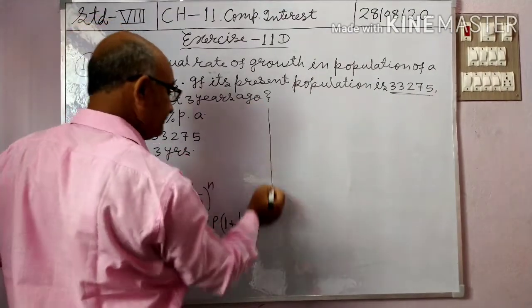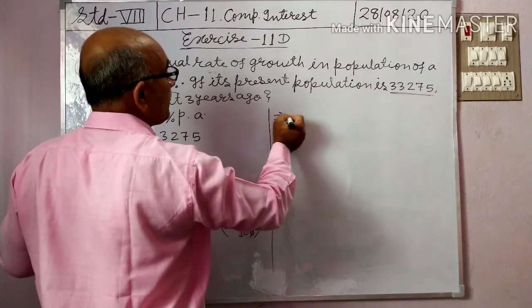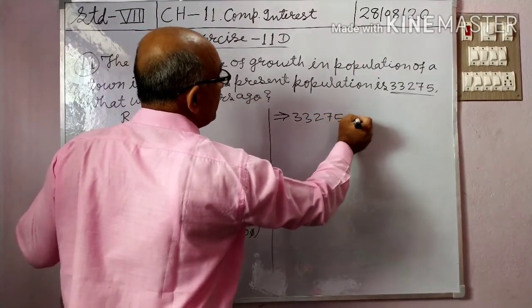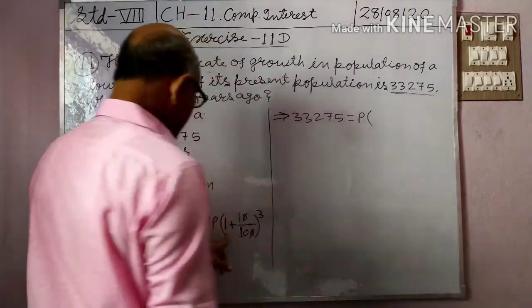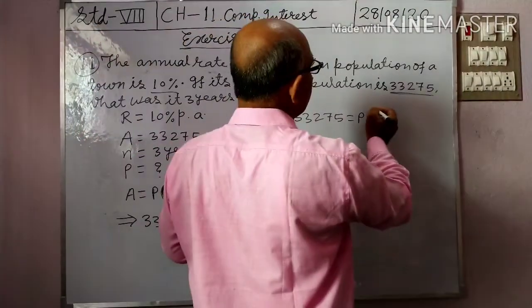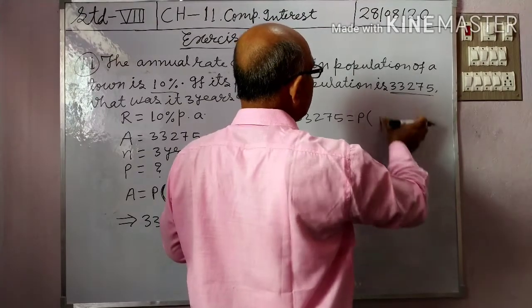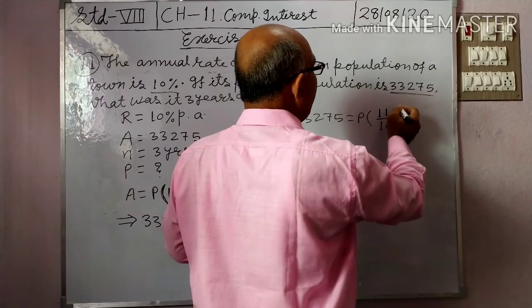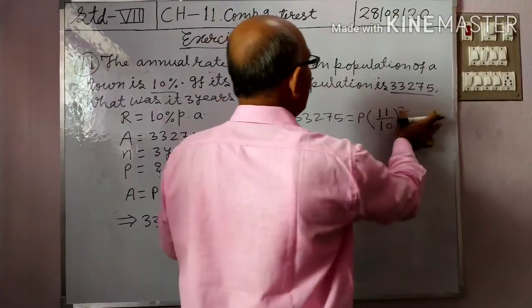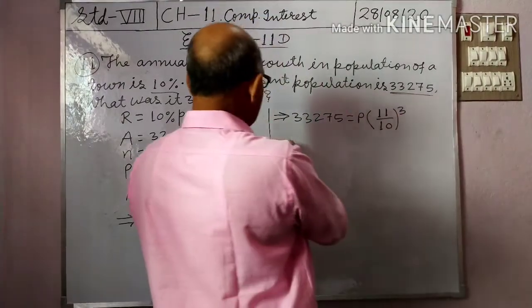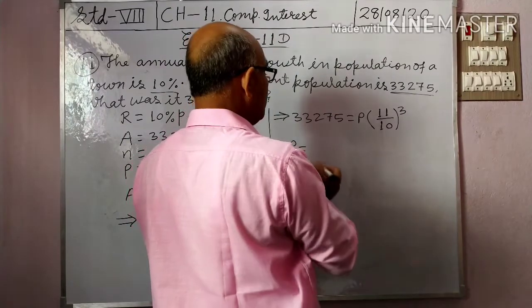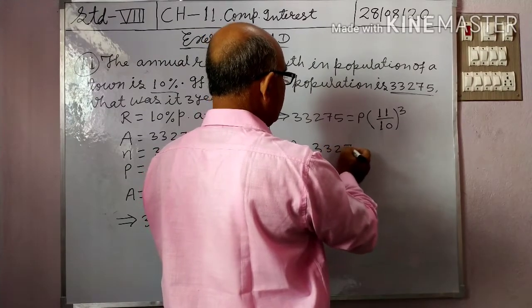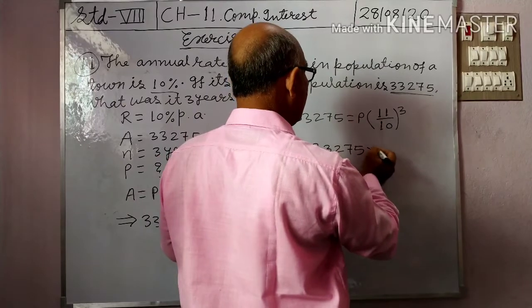Now next step is 33,275 equal to P into, LCM 10, 10 plus 1, 11 by 10 to the power 3. That implies P equal to 33,275 into